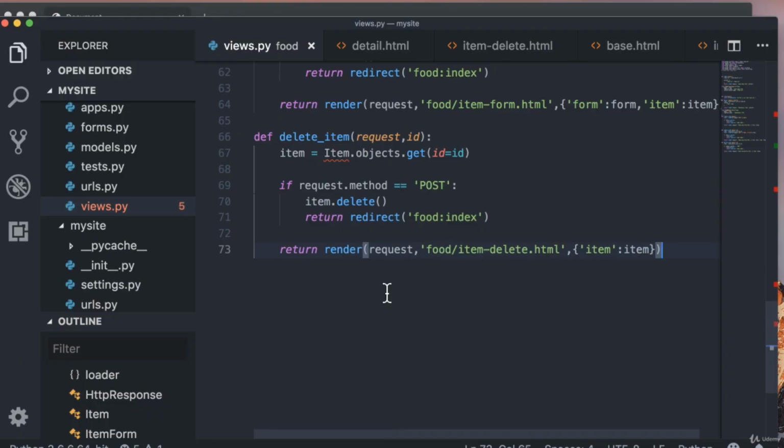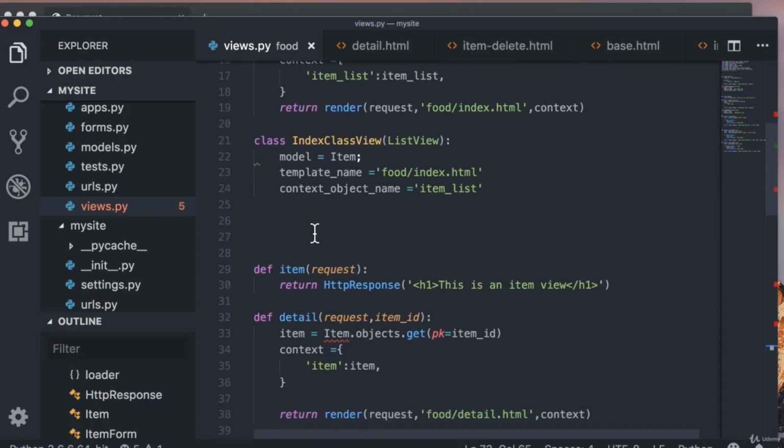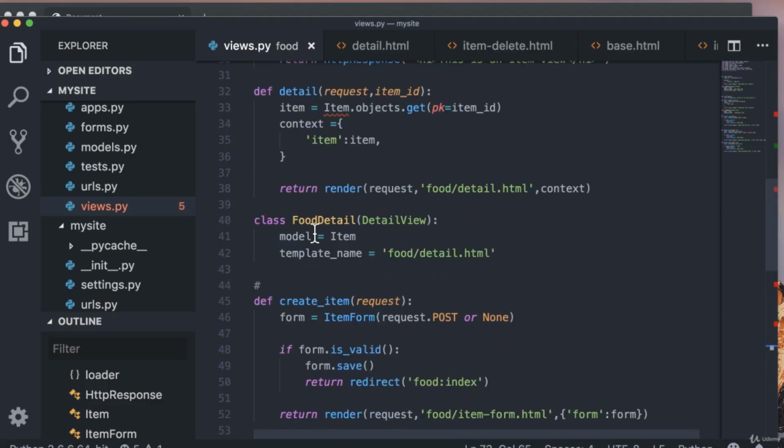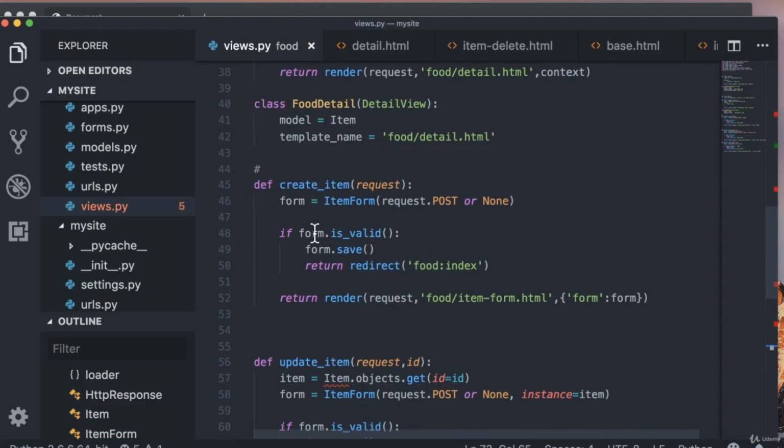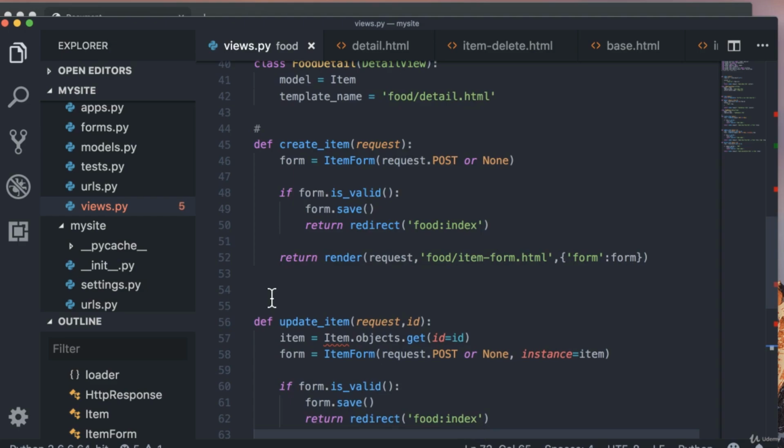The very first thing we need to do now is convert the current function based view for adding an item into a class based view. Right now we have this view right here called the create item view, which is a function based view, and let's go ahead and turn it into a class based view and see what happens. So I'll create a class based view over here. Let me just add a comment in here, and let's say this is a class based view